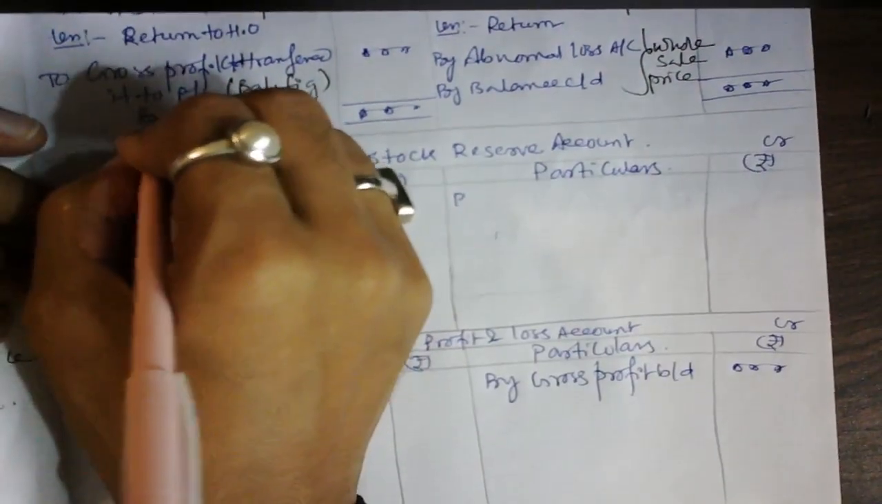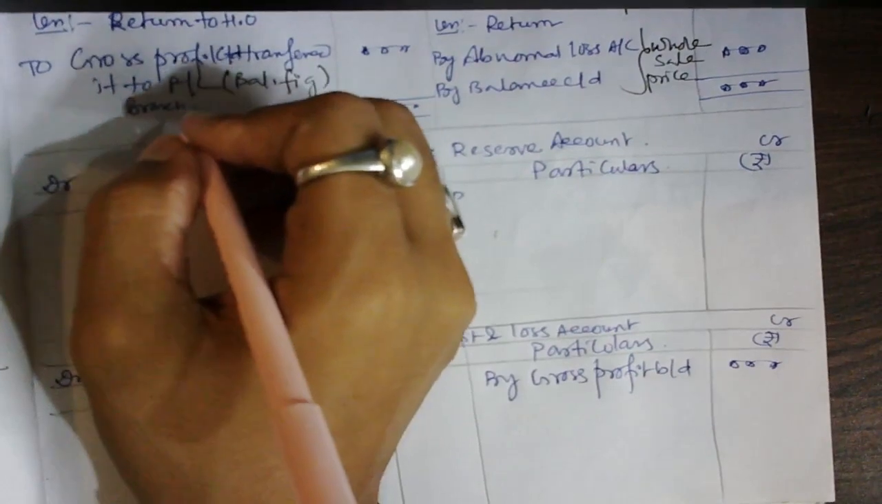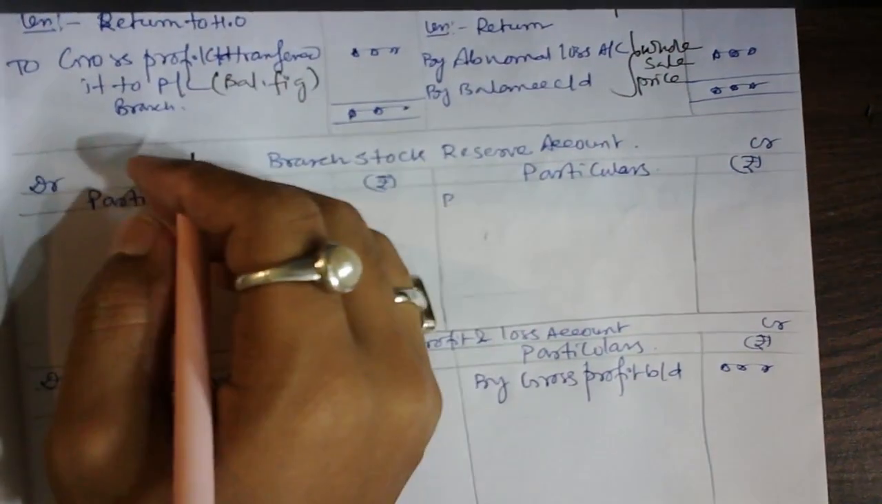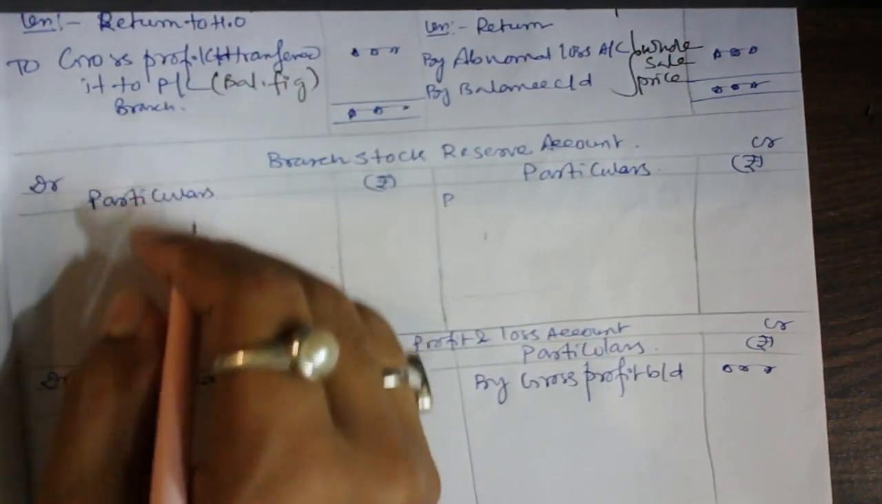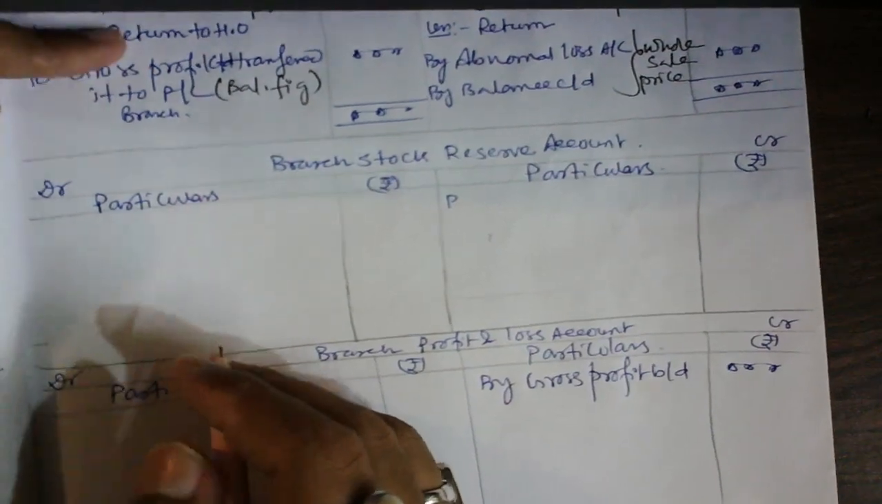You can also write branch P&L. Okay, that is okay, fine. We are going to transfer it. Perfect. So here you can see